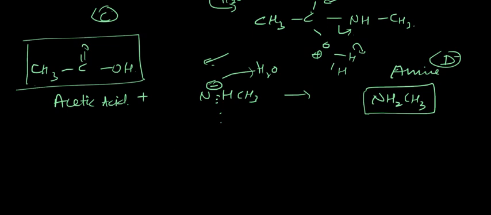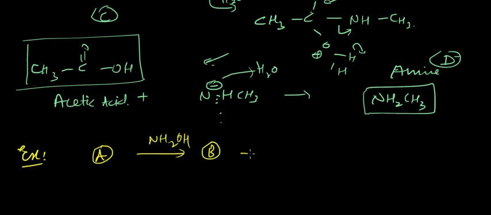Okay, so let's discuss another example. So here we are just twisting the above reaction and we are passing a product A with NH2OH, we get a product B. On passing H2SO4 on product B, we get product C. On hydrolyzing this product C, we actually get these two products, which are